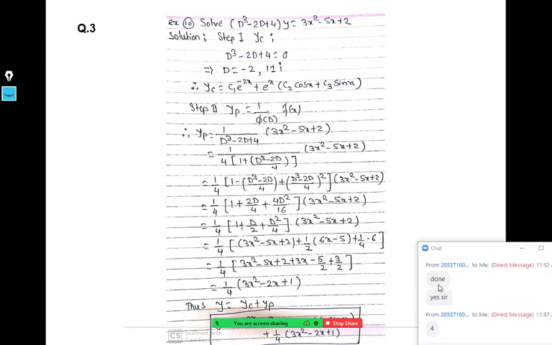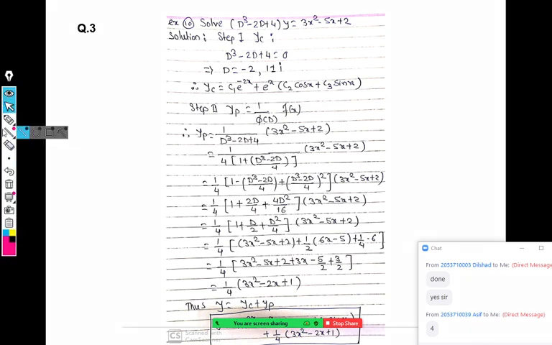So you can see the complete solution there. Here are the steps which we discussed. First, 4 is taken common. Then it is 1 minus t plus t square. Only those terms which we require are written here. Vanishing terms, meaning 0 terms, we ignored and did not write. And 2 by 4 is written as 1 by 2, 1 by 4, and it is simplified and you get YP. So YC plus YP is the complete solution at the end.